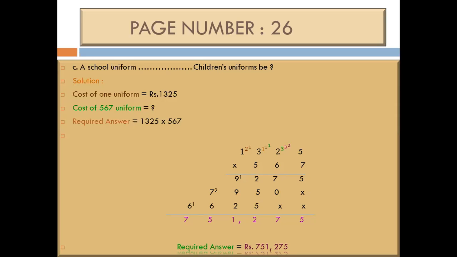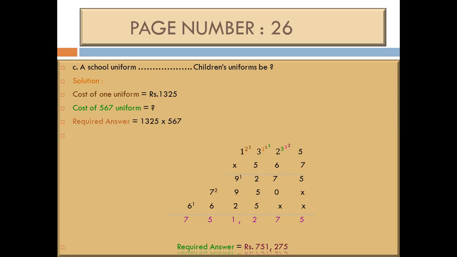Now the turn of the 100 place. Again, when we start the multiplication with the 100 place, we put 2 crosses under ones and under tens. Now is the turn of 5. 5 fives are 25. We write 5 and we carry 2 on 2. 5 twos are 10 and 2, 12. We write here 2 and we carry 1 on 3. 5 threes are 15 and 1, 16. We write here 6 and we carry 1 on 1. 5 ones are 5 and 1, 6. Now we add the numbers. First we multiply with 7, then we multiply with 6, and at the end we multiply each digit with 5.